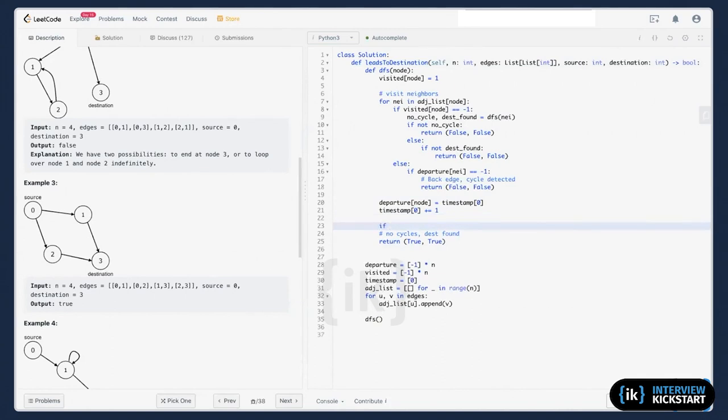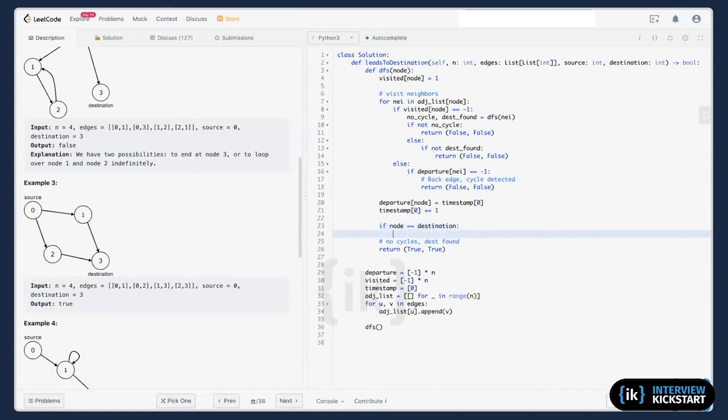Okay, node to return true. Well, actually, I can just return false. I don't need to do this. Okay.